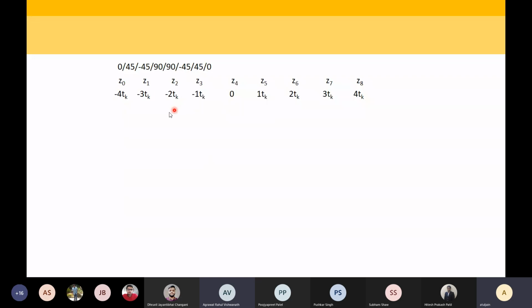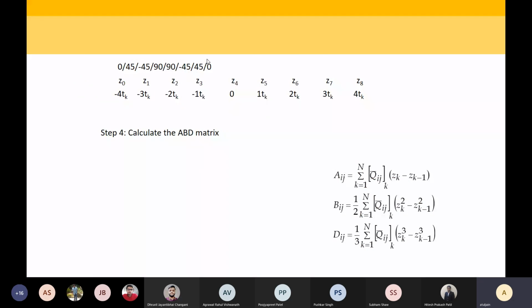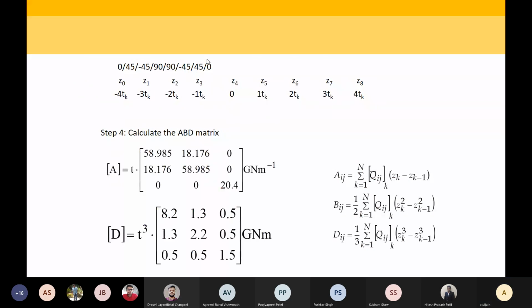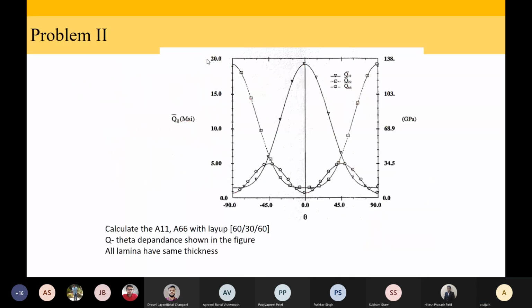This is the single most important part. If you do this right, the first few times I suggest that you make a table like this, but after you have some practice, this will not even be needed. If this is right, then the calculations are relatively straightforward. Okay. Another way of giving this data is something like this.